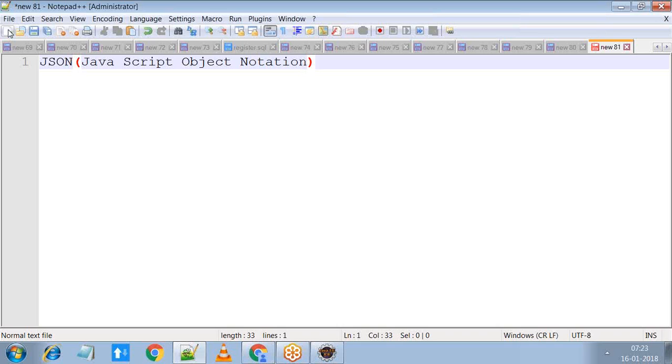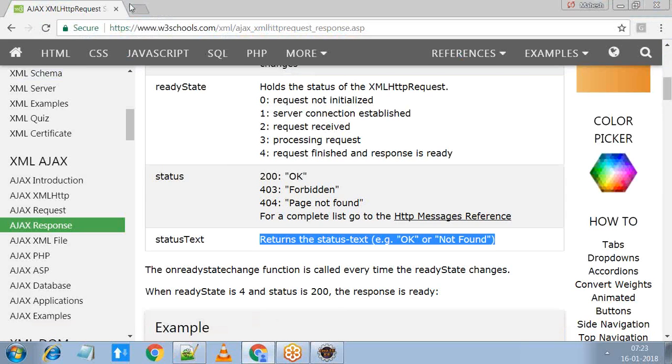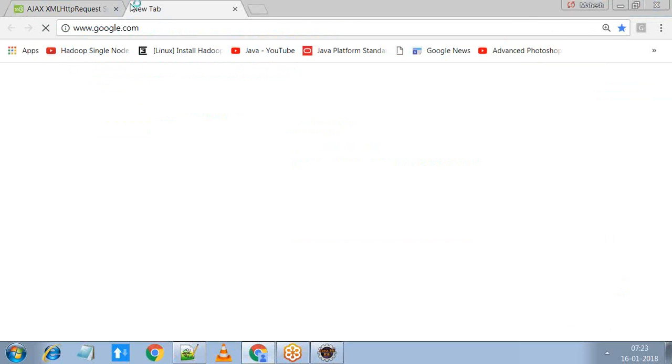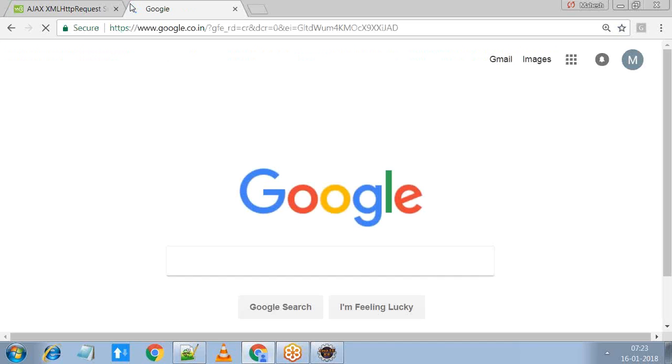JSON is actually one of the data representation formats here. So we have an official site, we'll see. So far in Java, you will find that